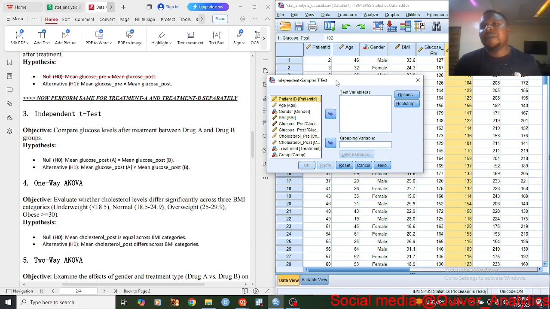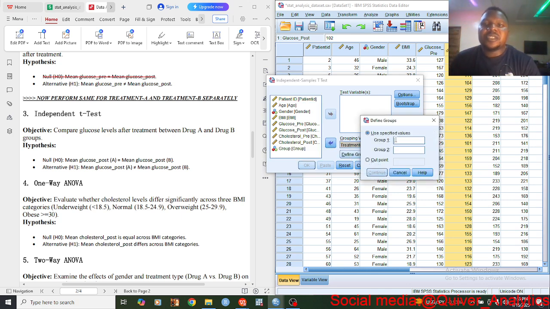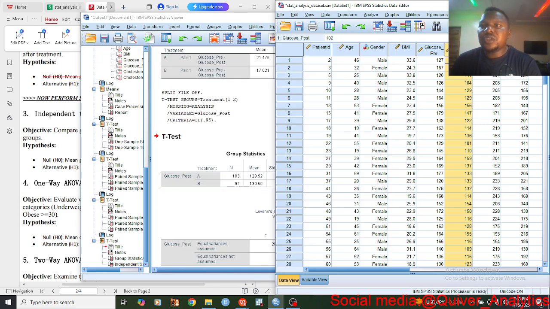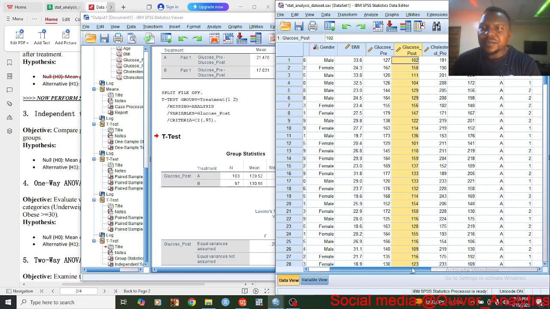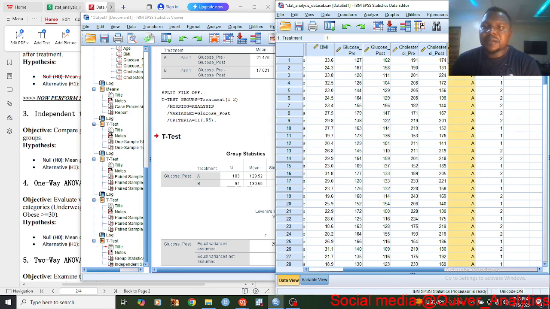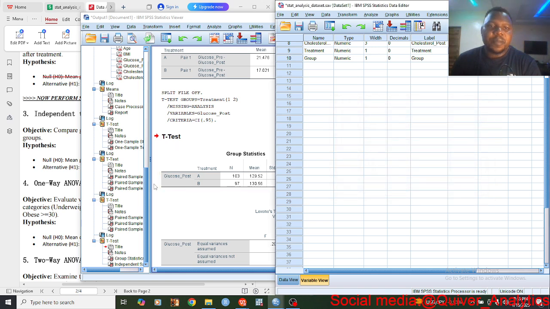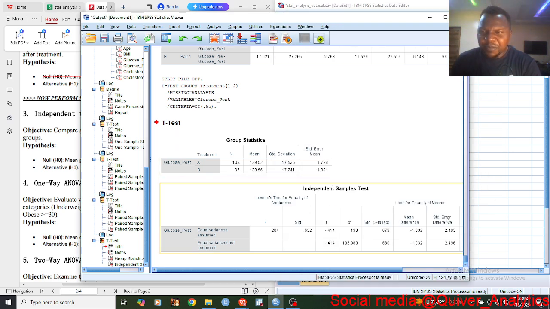B. All right, so we go to treatments, we add it here, define groups, the 1 and 2, because we have two of them. I'm going to show that to you now. So glucose post, is there a significant difference? Okay, so let me show you the 1 and 2 that I just wrote there. For treatments, you can see 1 represents A, 2 represents B. All right, so now for the tests we have